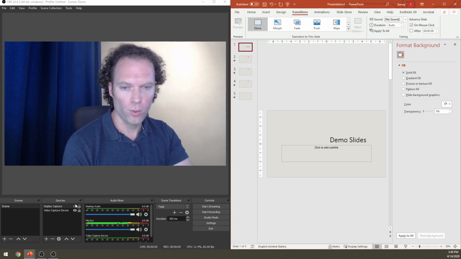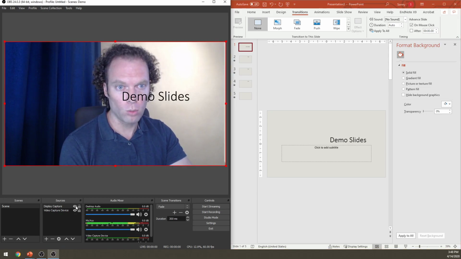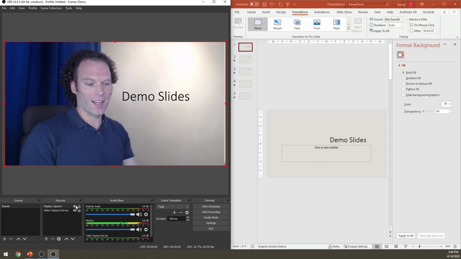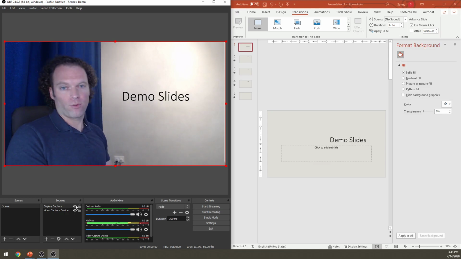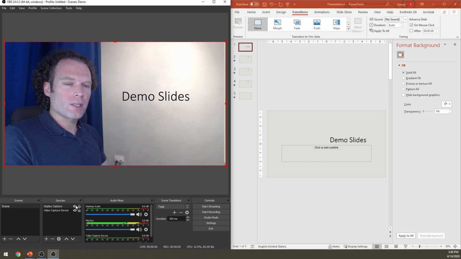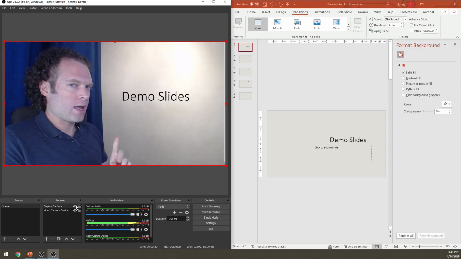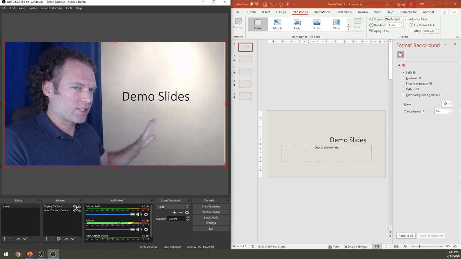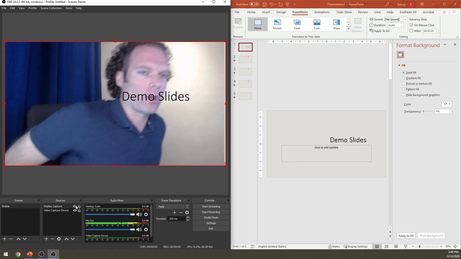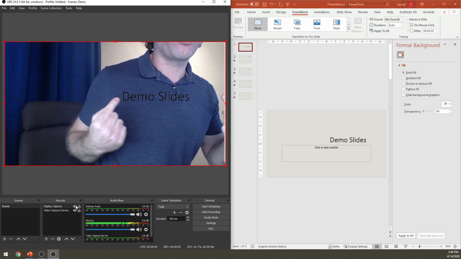Now when I reopen display capture, there is the demo slide with the white background, formerly white background, removed. It's now this kind of grayish background which has been removed. Now the reason to select a slide background that's similar to the background of the wall is that here, if I get in front of these letters, you can kind of see a little bit of